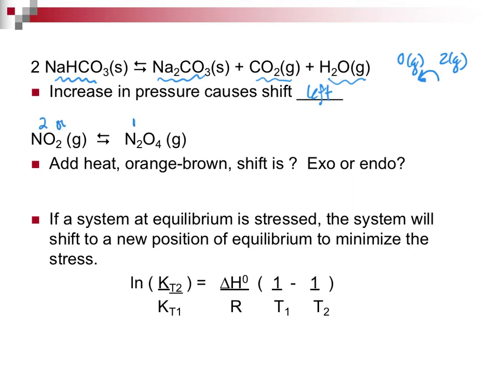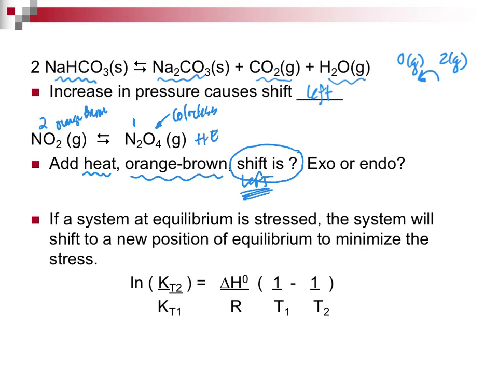This is orange-brown, like the Cleveland Browns, and N2O4 is colorless, okay? It says if I add heat, it turns orange-brown. So what way did the shift go? Well, if I shifted to the left, that would give me the orange-brown color. That means if I added heat, heat had to be sitting as a product, and that says this has to be an exo reaction. You're using all the things you taught yourself back in Chemistry 1210, and we're just building